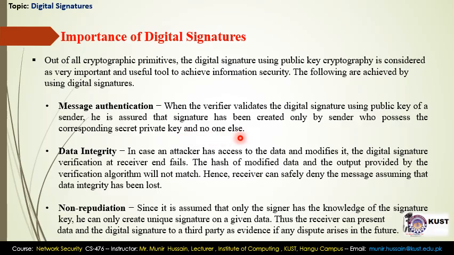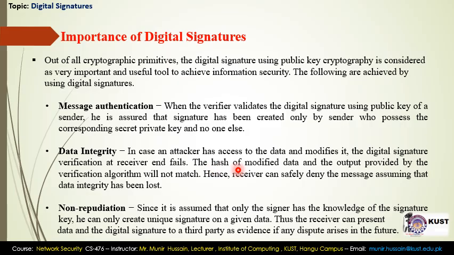The second importance of digital signature is it provides data integrity, meaning that data is not changed during the transmission. In case an attacker has access to the data and modifies it, the digital signature verification at the receiver end fails.